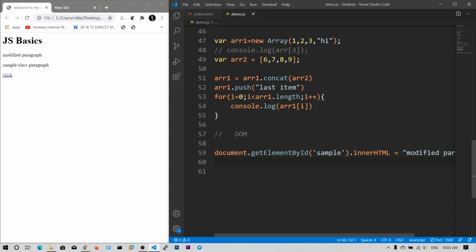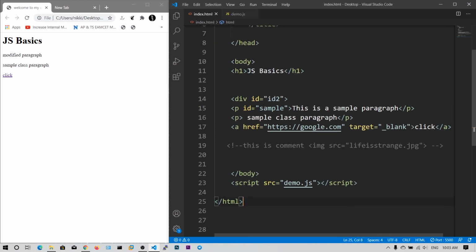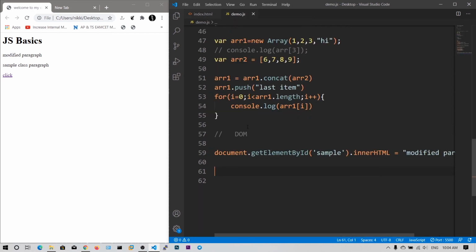getElementById. There is another method called getElementsByClassName. Alright, we have another paragraph. So let's say class is equal to sample2.